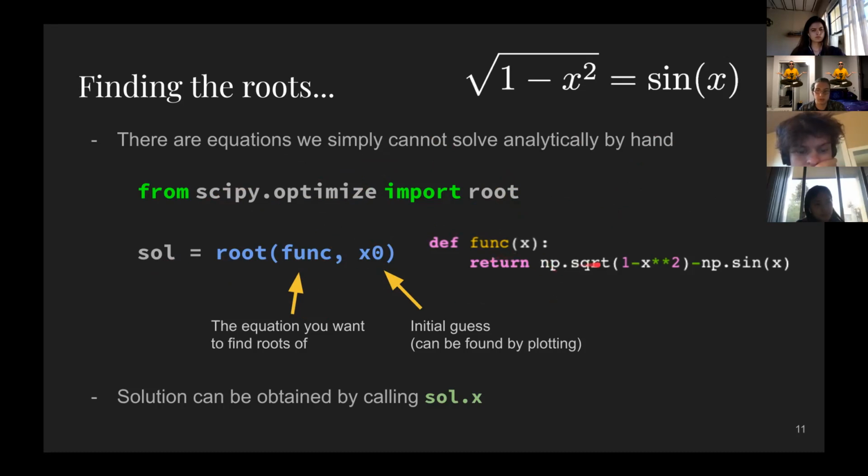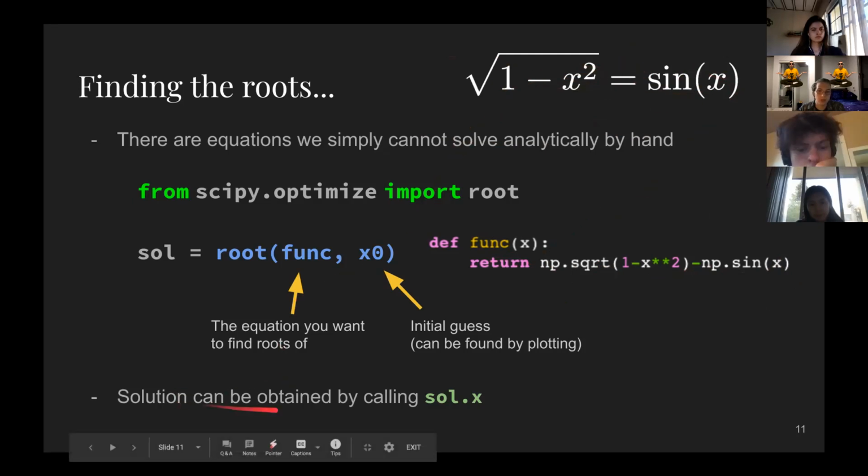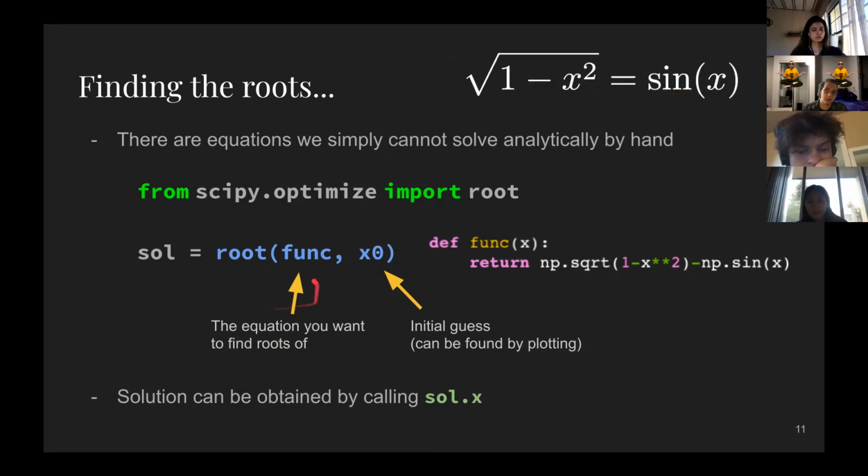So taking a function, I don't know, square root of 1 minus x squared minus sine of x, you want to find the root, or what x makes the two functions equal each other, and the solution can be obtained by just doing sol.x. Super, super simple. You call it on a function, and you have an initial guess. Usually you find this by plotting the two functions to see what the x naught might be.